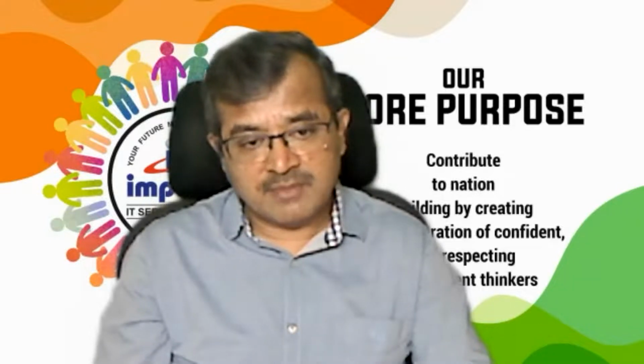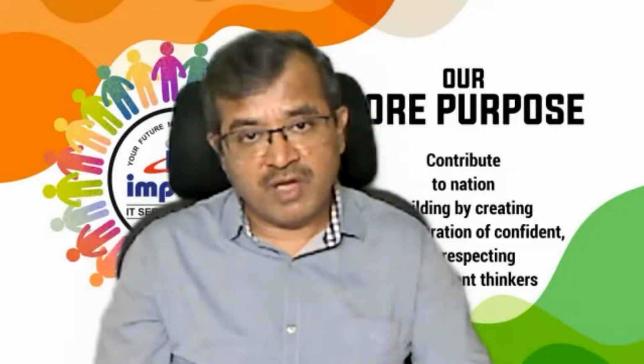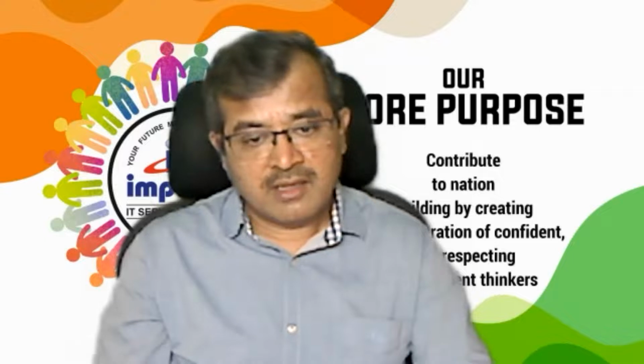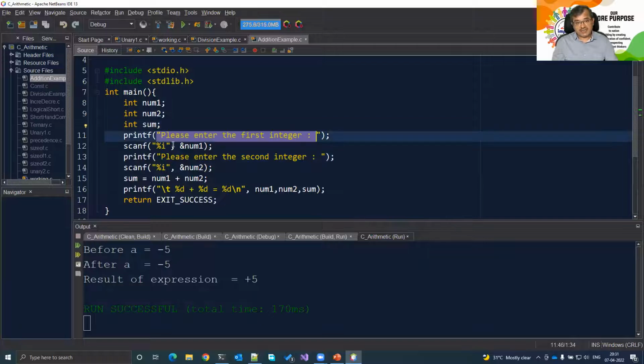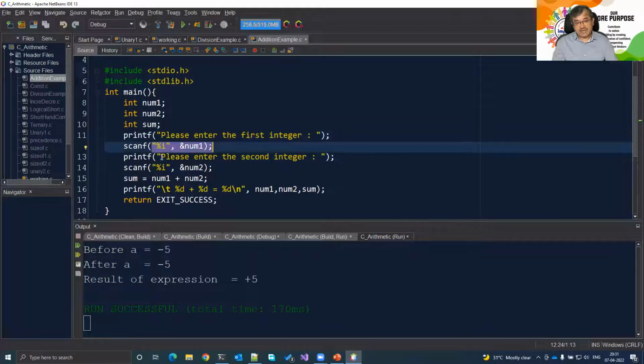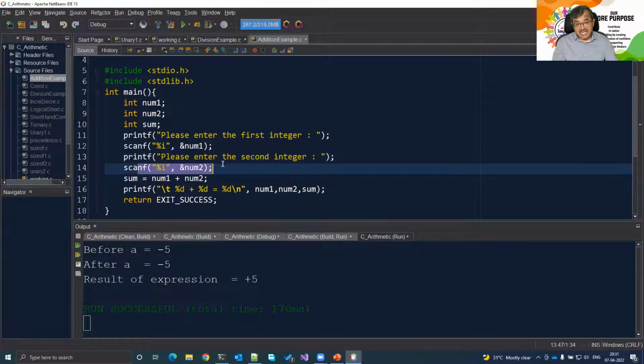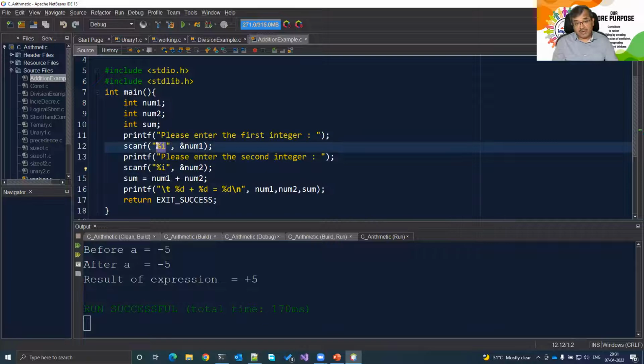We devoted the entire session today to addition, which we unfortunately did not record. So I had num1, num2, sum. I asked the user for the first integer, accepted from the person. I asked the user for the second integer, accepted from the person. Why am I not using %d? %d only